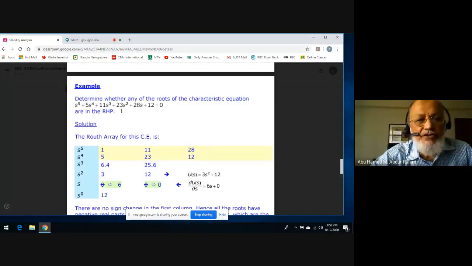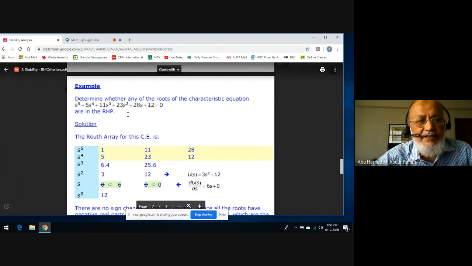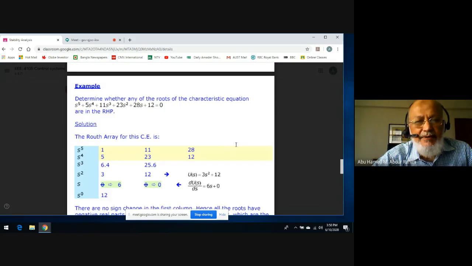So our first two checks are all right. All the coefficients exist. 5, 4, 3, 2, 1, 0. All the coefficients exist, and they are all of the same sign. So the initial check is satisfied. Now what we'll do, we'll go to build the